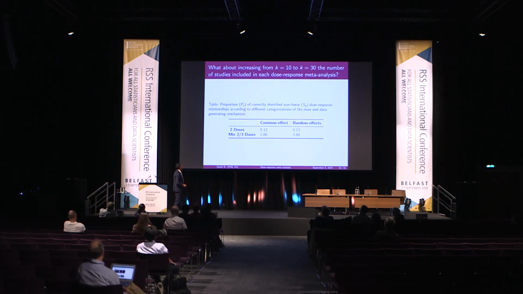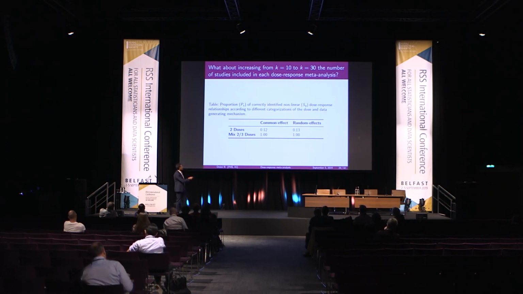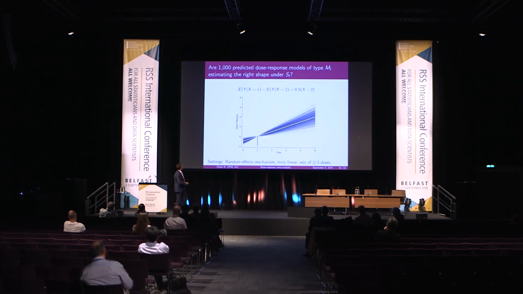And I simulated dose-response meta-analyses including 10 studies. We fit a linear mixed effect model. There is some covariance between the regression coefficients. What happens if you increase the number of studies to 30? It's still the same. And then, of course, this is a picture showing you, I simulated 1,000 dose-response meta-analyses, and